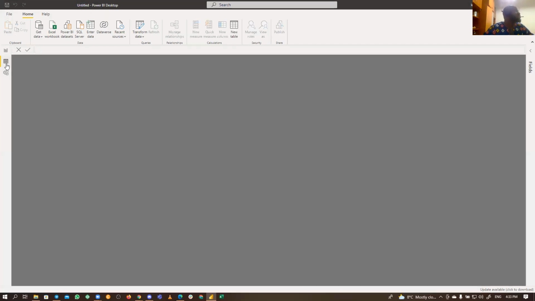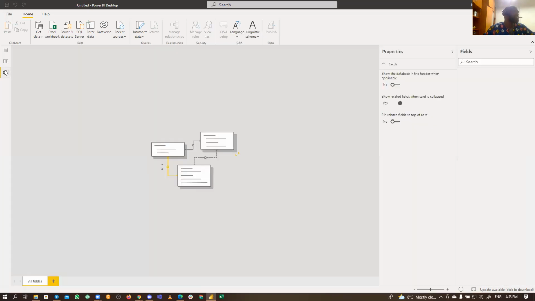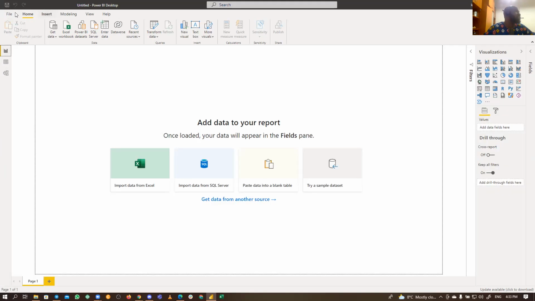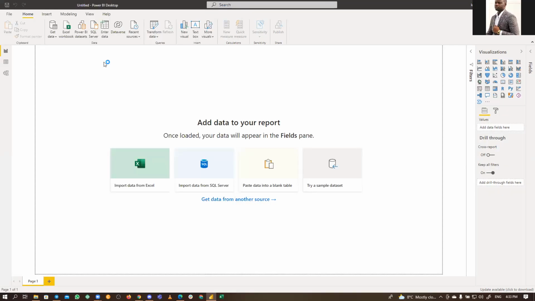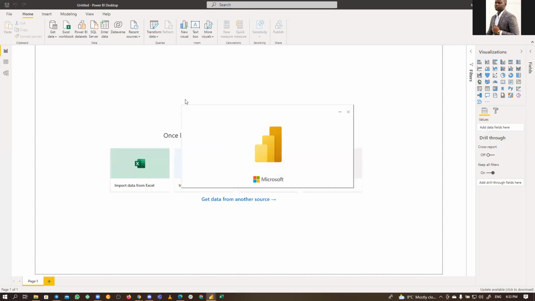Then the second view is the data view. If we have our data plugged in here, very soon you will work with the data and see how it looks. And the other one is the model view. Should I load the data, for instance? Let me try to load. Okay, I think that will be fine. Then they can see how it all relates together. It's easier to explain.